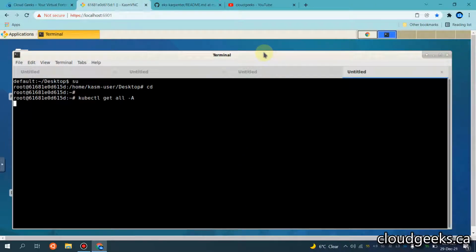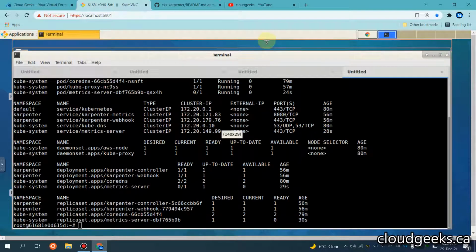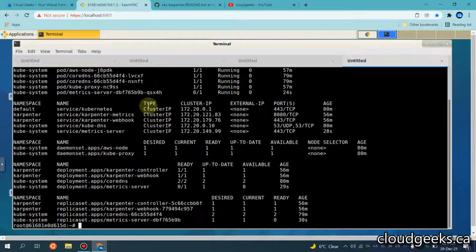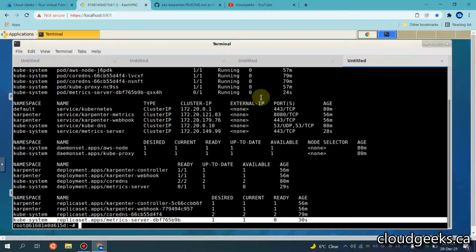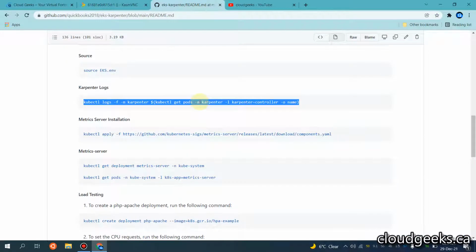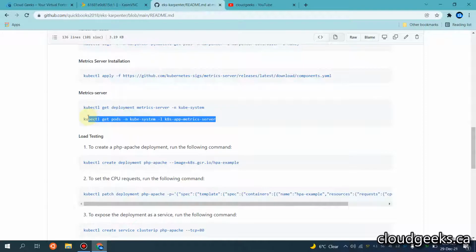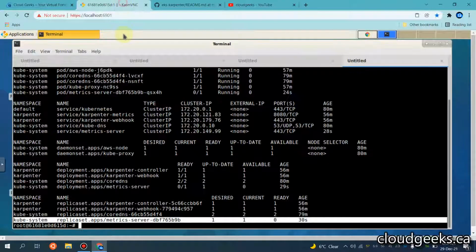So you should have an idea of what we have available in our EKS. Let me just resize this terminal. Okay guys, so you see the Karpenter is already set up and all that stuff. As far as the metric server, you see 30 seconds ago it has been set up, and with regard to the command regarding the metric server, let me show you that. So you can use either of these commands. I'm going to simply use this command to see exactly about the metric server.